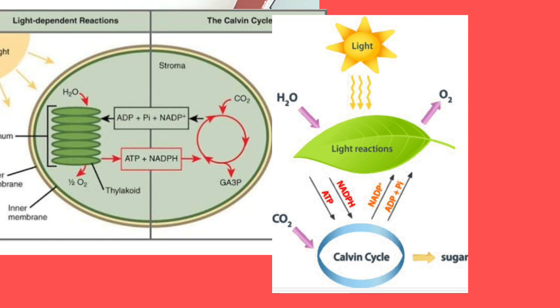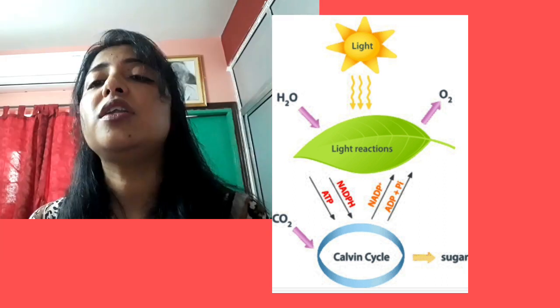In photolysis, photo means light and lysis means breaking down. That means in the presence of sunlight and in grana, water will break down into H plus ion and H minus ion. And this H minus ion, after releasing its electron,